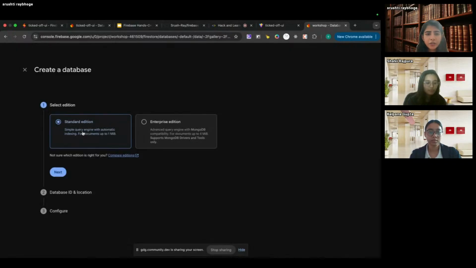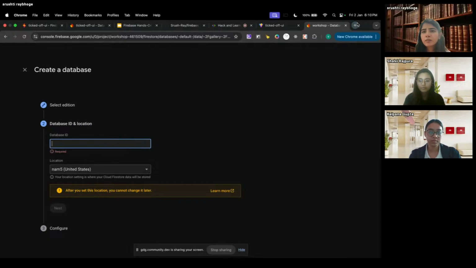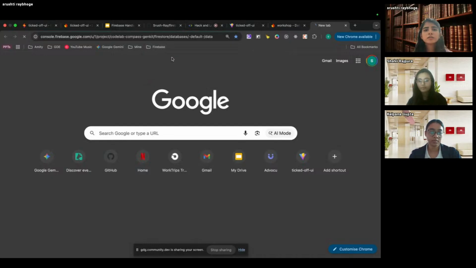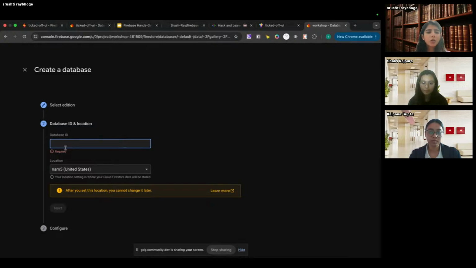Go into standard edition because we are not working on any enterprise level application. We don't need advanced query. We'll go into standard edition. Click next. Everything here should be default. You don't need to worry over here. You can add a database ID. Then keep your location, add any database ID that you want, then click next. So for example, I'm just saying,